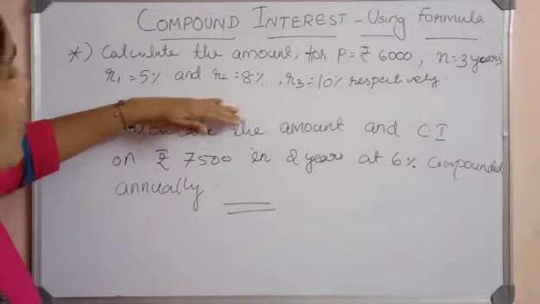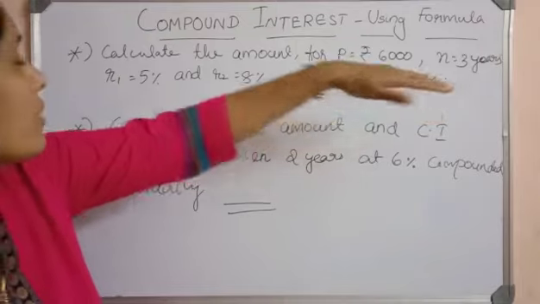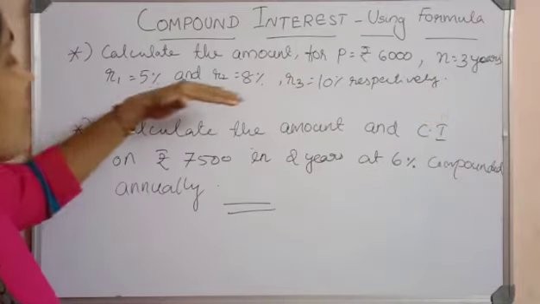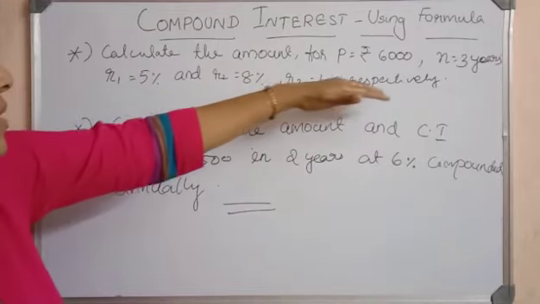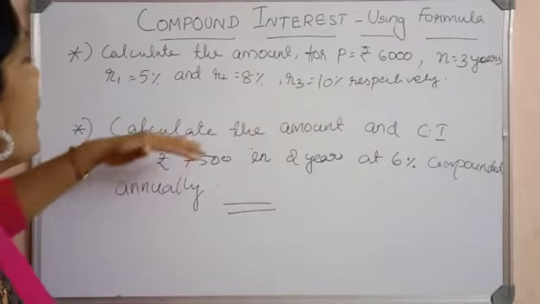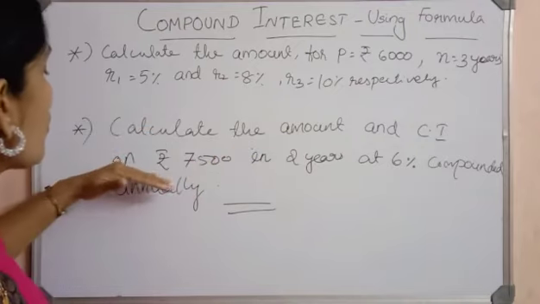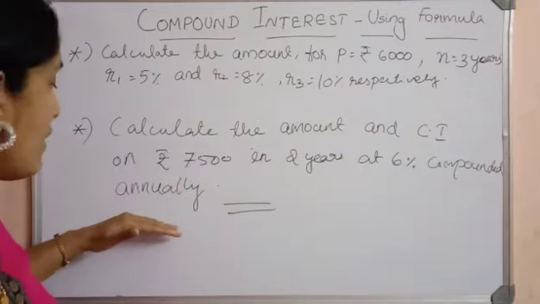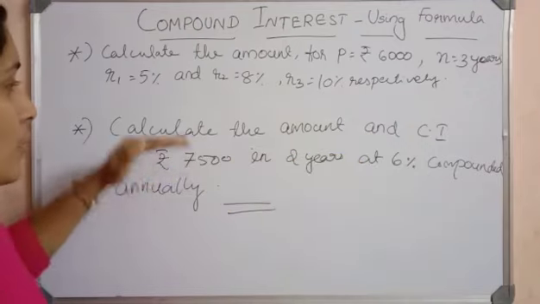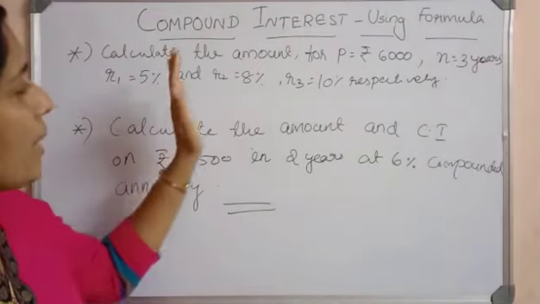Now these questions are for you. Calculate the amount for rupees 6,000 for 3 years at 3 different rates of interest, 5%, 8% and 10% respectively. The second question is calculate the amount and the compound interest on rupees 7,500 in 2 years at 6% compounded annually. And in both the cases, the rate of interest is calculated annually. So you have to apply the appropriate formula and